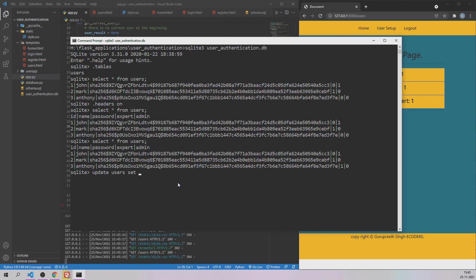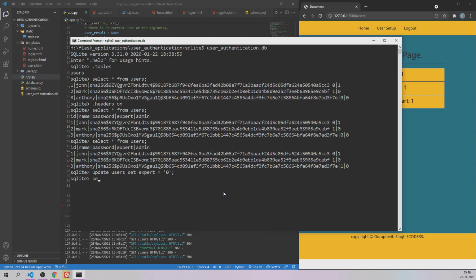Then we set the expert column value, expert equal to, and since I have chosen boolean values, I'm simply going to give it as 0. Here I'm not mentioning a where clause, so I'm updating the expert level of all users to 0. Let me click enter and it got executed.